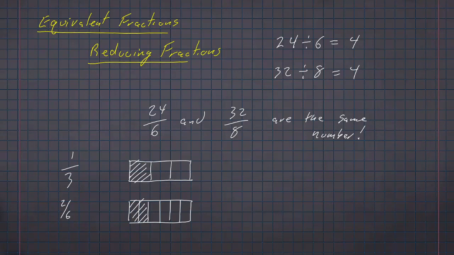And so our goal here is to find a way to demonstrate that that is the case. And the way we demonstrate that is called reducing fractions. In the first case we looked at here, 24 over 6 and 32 over 8. There are a number of things we could do with these, but the most straightforward one